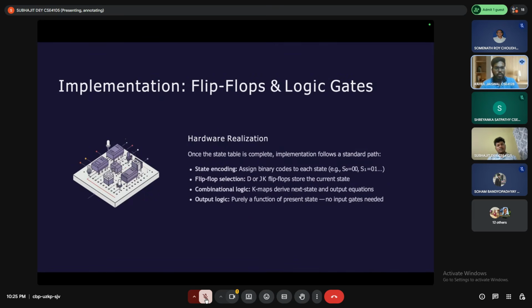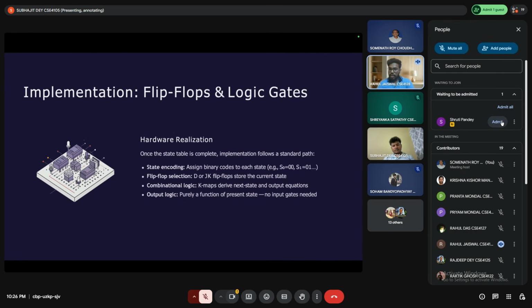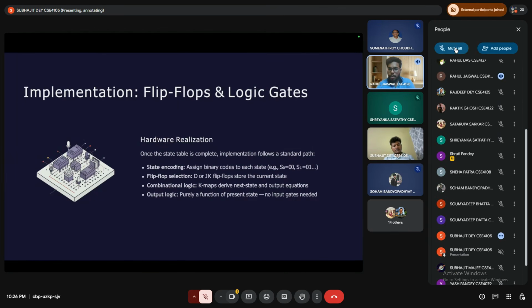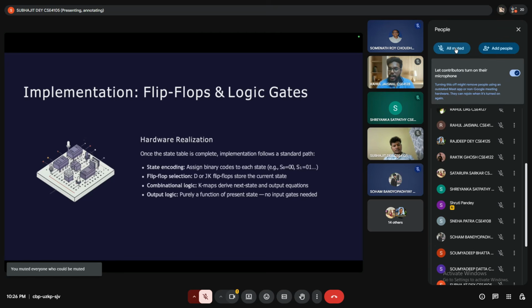Now the implementation of flip-flops and logic gates, which is a hardware realization. Once the design is ready, we implement it using digital circuits. For example, S0 equal to 0, S1 equal to 1, S2 equal to 1, 0 in binary. And now the flip-flop selection occurs: D flip-flop, which is a simple flip-flop, and JK flip-flop,